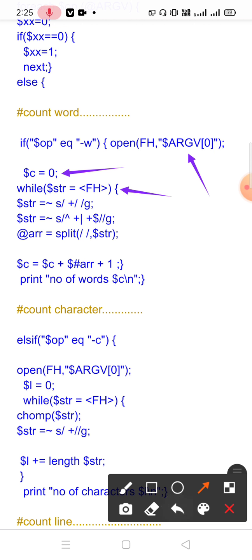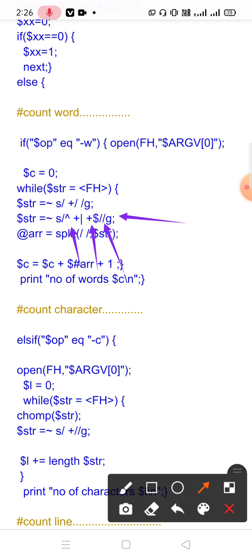So what we will do, we will take each line at a time and we will replace one space or more than one space by a single space. And here we will replace the caret space plus, that means at the starting of the line, if there is one or more than one space, that will be replaced by no space. This is for the starting and this is for the ending. If at the starting or at the ending of the line there is one or more than one space, that will be replaced by no space.